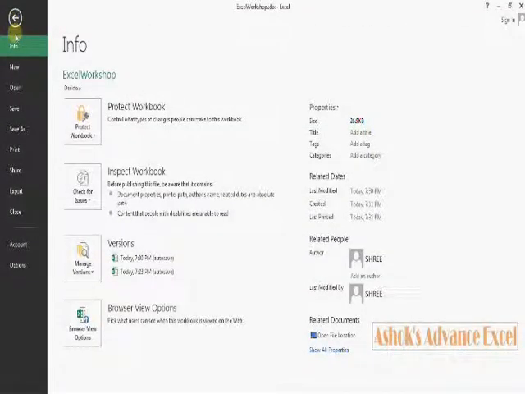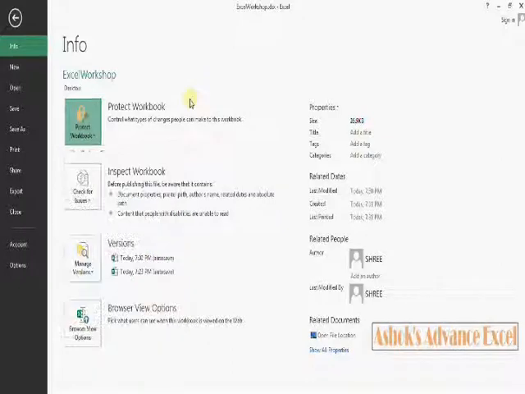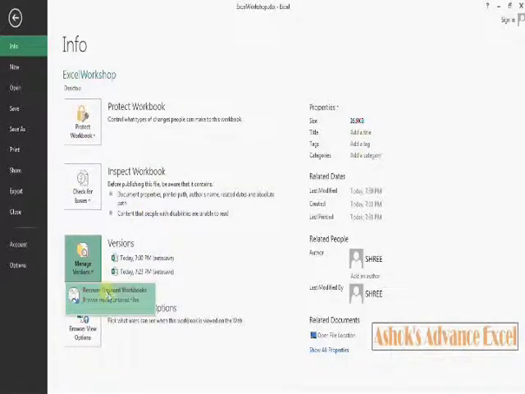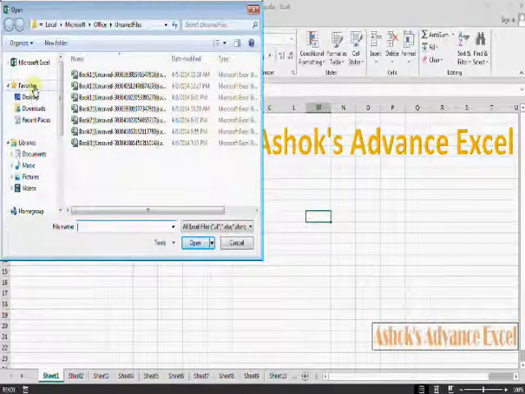the first tab is Info. Through this tab we can make any workbook read only, and we can also protect our current sheet. Here in Manage Versions, click on it and click Recover Unsaved Workbooks.